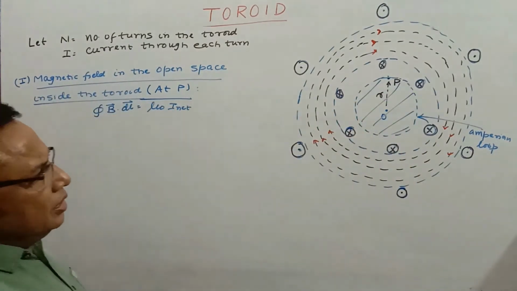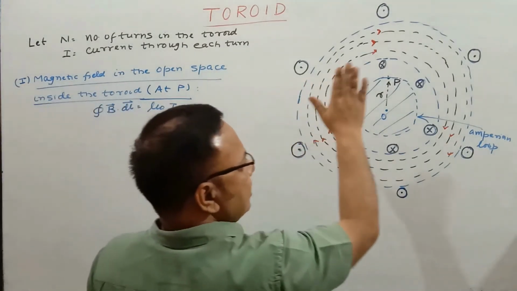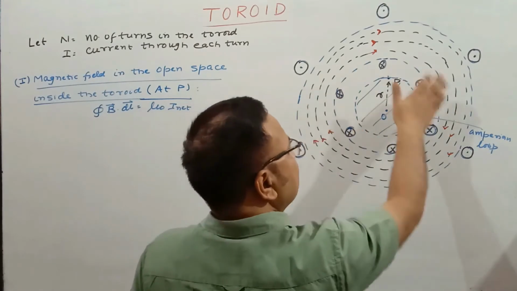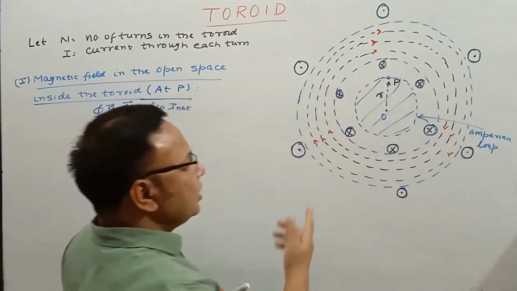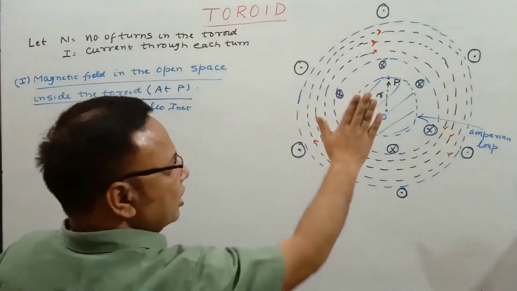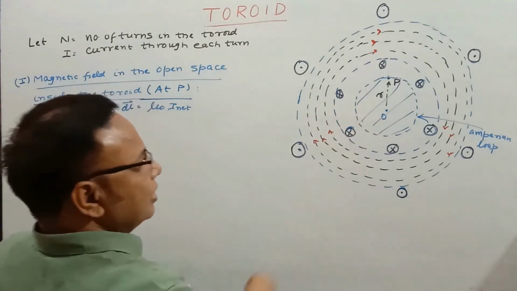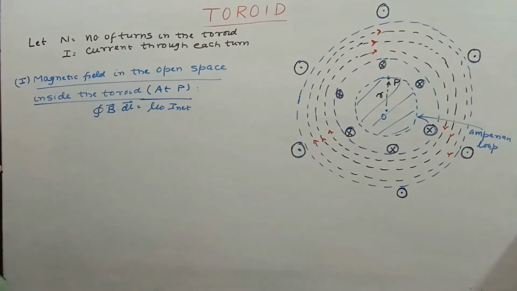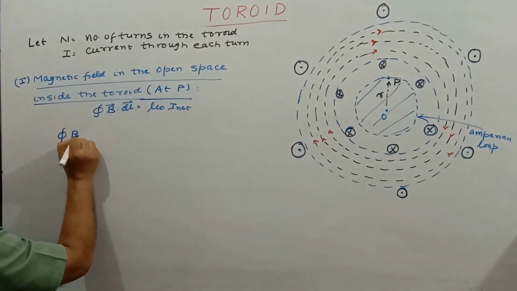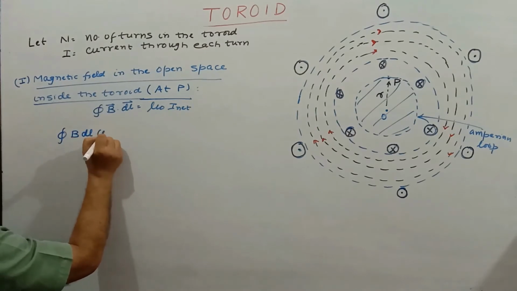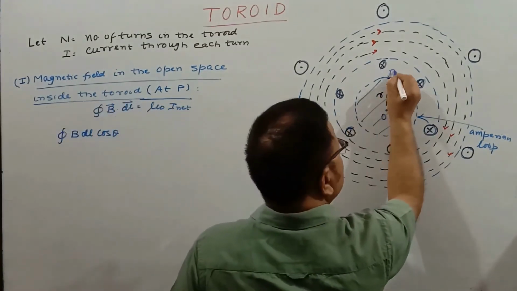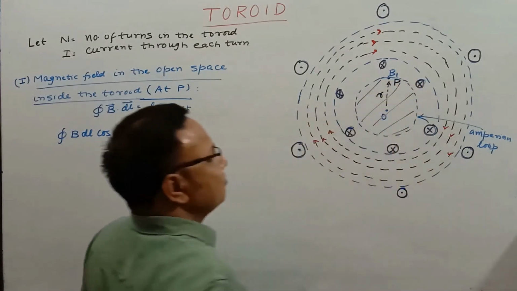So what we see, none of the wire is crossing it. All wires are outside this domain. So we can say no wire is crossing the area, so the net current passing or threading or piercing this is 0. So let's try to write this integral, say B into dl into cos of the angle. We do not know what is the value of the magnetic field here. Say this is B1.